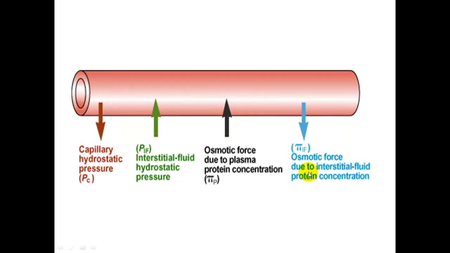So what happens if there is any buildup of extra fluid within the interstitial space? The lymphatic vessel now will have to take over to reduce the amount of fluid within the interstitial space and return it back into the circulation. So any defects that affect the lymphatic vessel will result in a buildup of fluid within the interstitial space and result in swelling, or what we call edema.